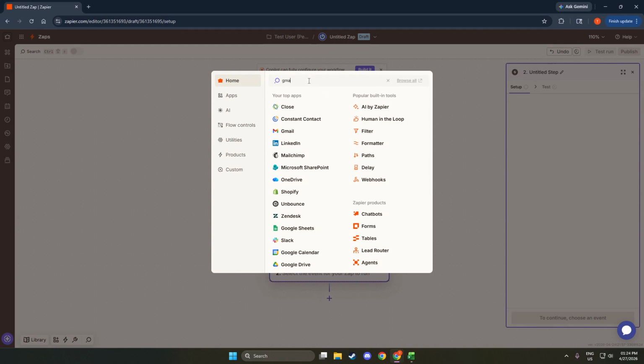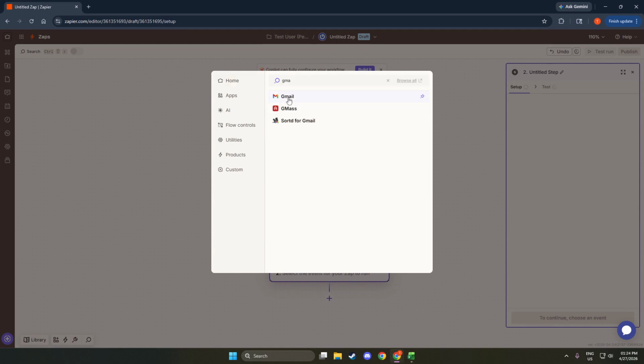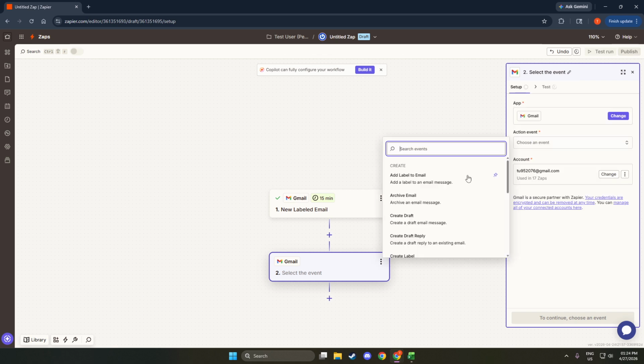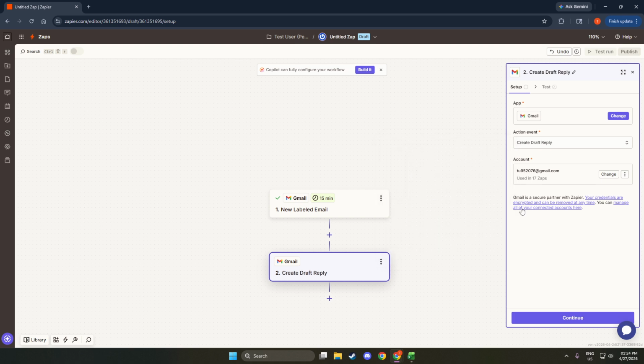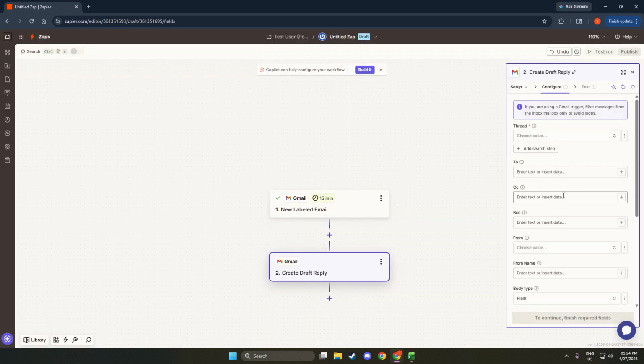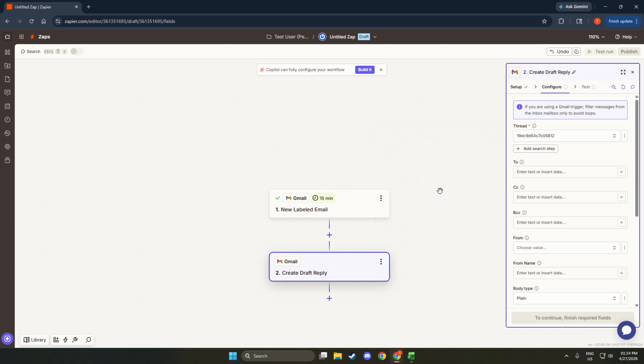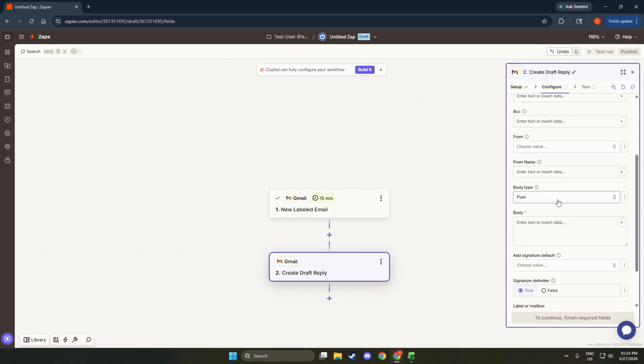With your trigger set, choose the app and action that happens next. This could be adding a row to a Google Sheet, posting a message in a chat tool, creating a task in a project manager, or anything else supported by Zapier. After selecting the action, map the key email fields to your destination. Common fields include the sender, subject, snippet or body preview, date, and attachment links. Keep your mapping clear so the result is easy to understand later.